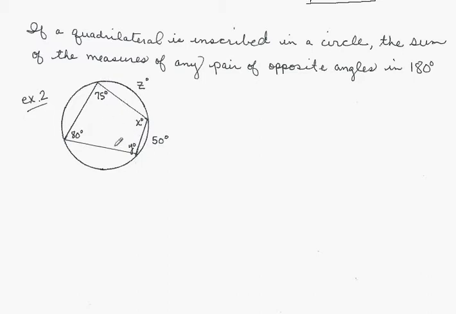Now, if you remember from the past, we did an inscribed angle. So do you see how this is an inscribed angle? This one and this one. See how this forms an inscribed angle right here? Do you remember that the inscribed angle is half of the sum of the intercepted arcs? So we would know that z, this is the intercepted arc right here. So we would know that z plus 50